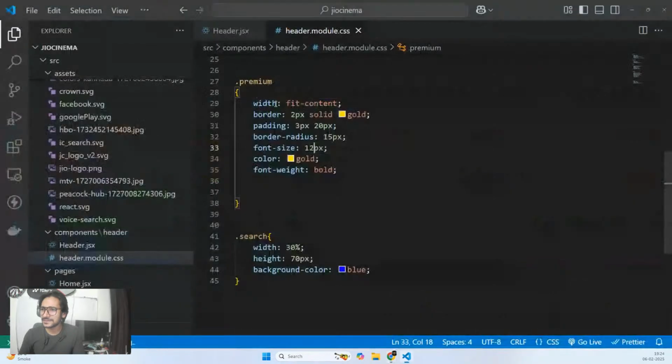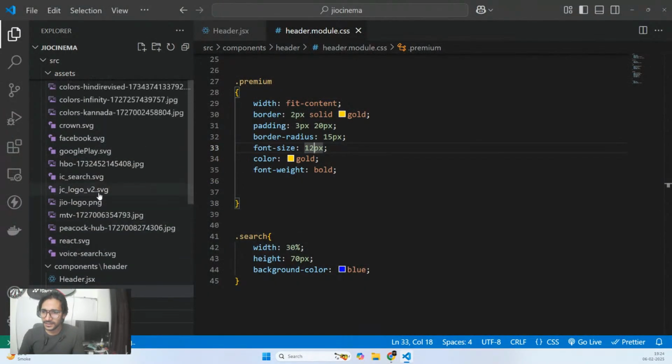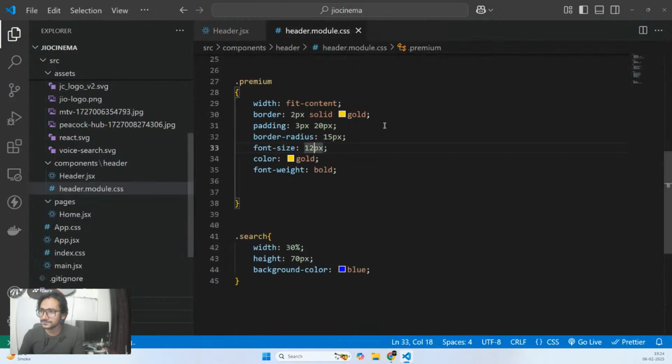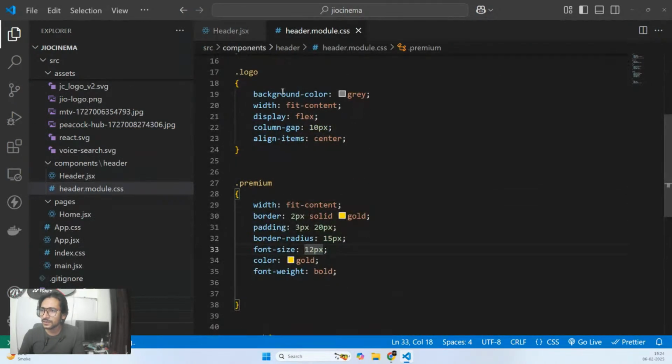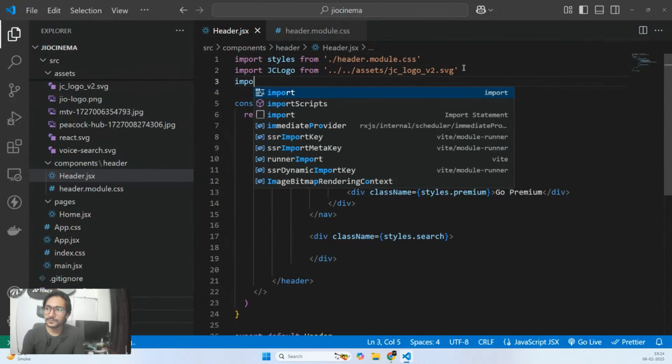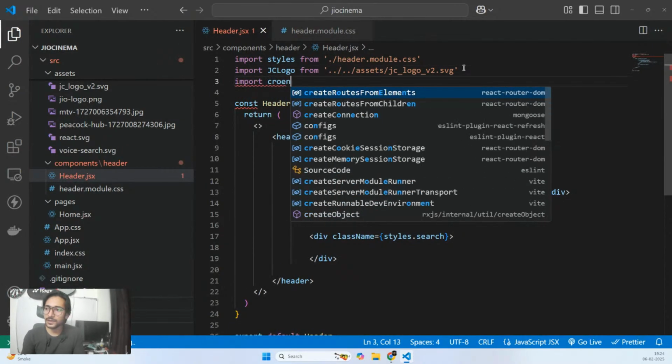I think I have it. Let me see if I have it or not. Where is it? Do you see something called crown? Let's try to add this. Let's try to add this crown. So in here we need to import it. So import crown